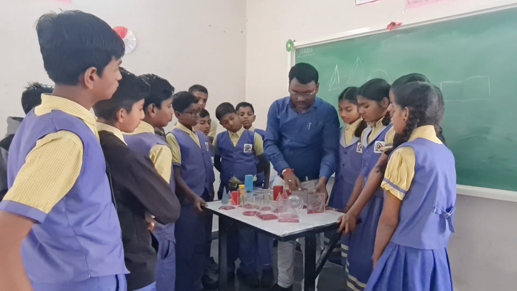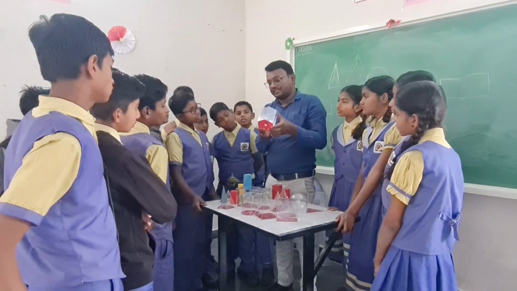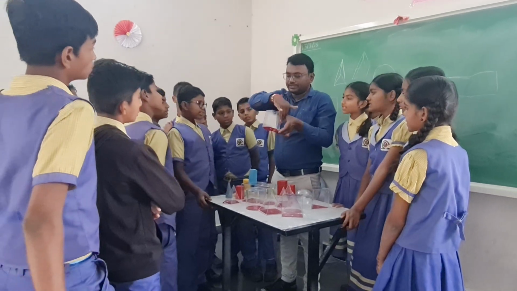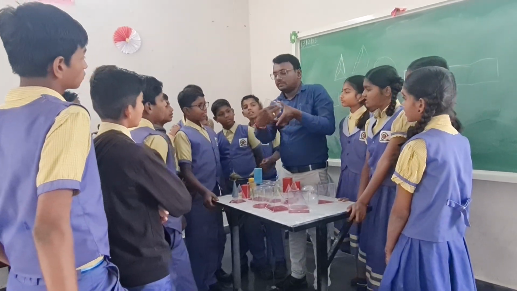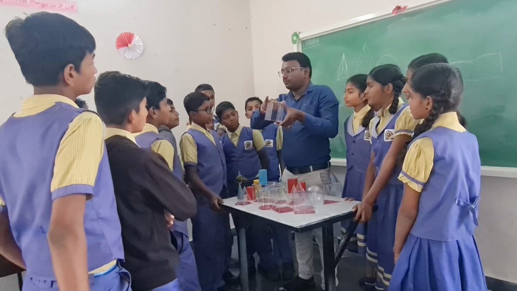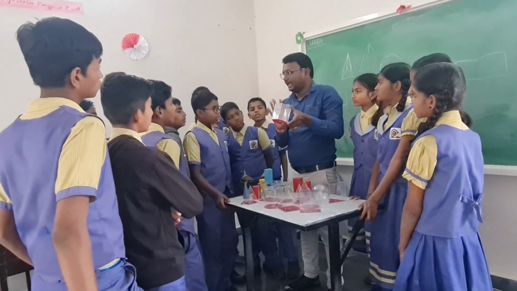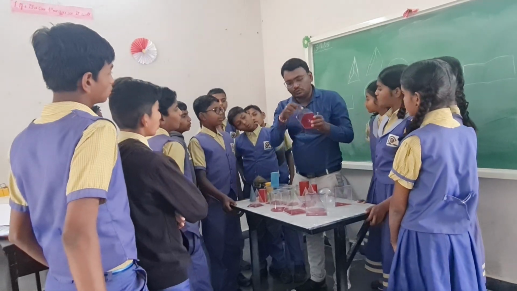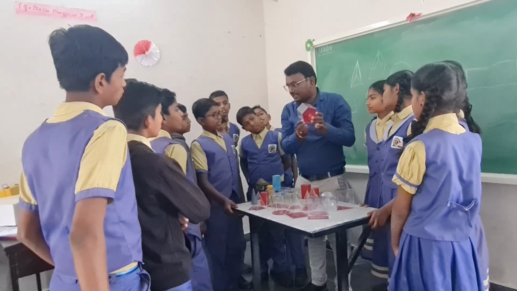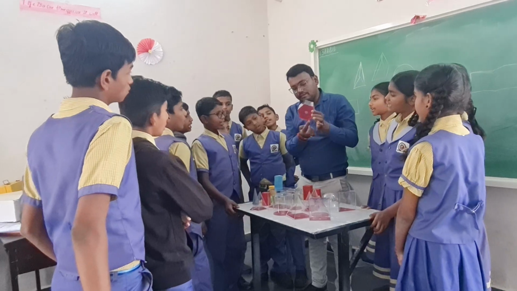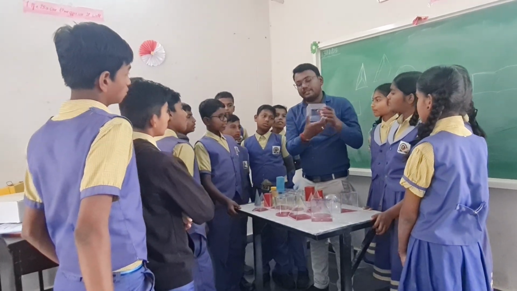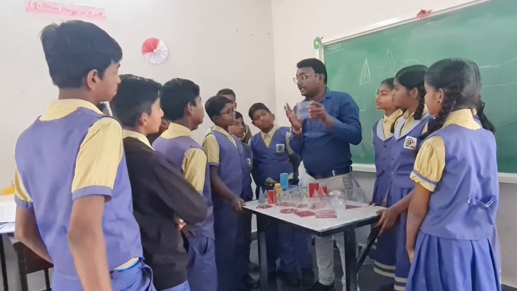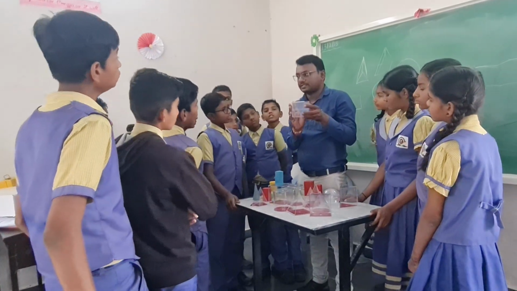Understood now? Now tell me, in this solid shape, how many faces are there? 1, 2, 3, 4, 5, 6 and 7. Here the sides have 6 faces, plus top and bottom: 6 plus 2 is 8. So there are 8 faces. Now edges: 1, 2, 3, 4, 5, 6, 7, 8, 9, 10, 11, 12, and this side 6: 13, 14, 15, 16, 17 and 18. 18 edges are there.